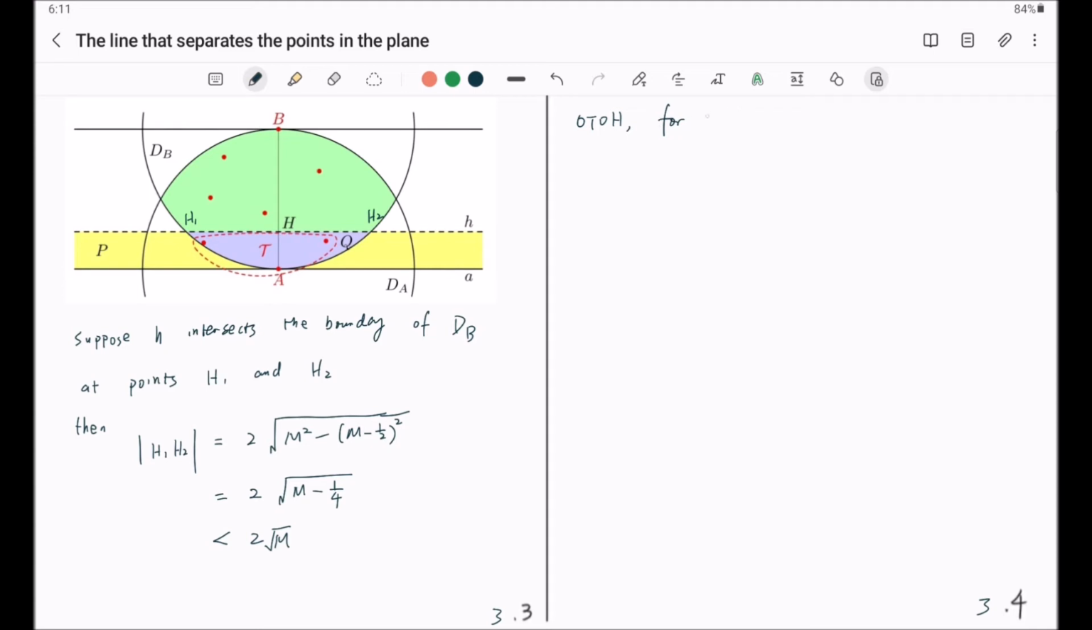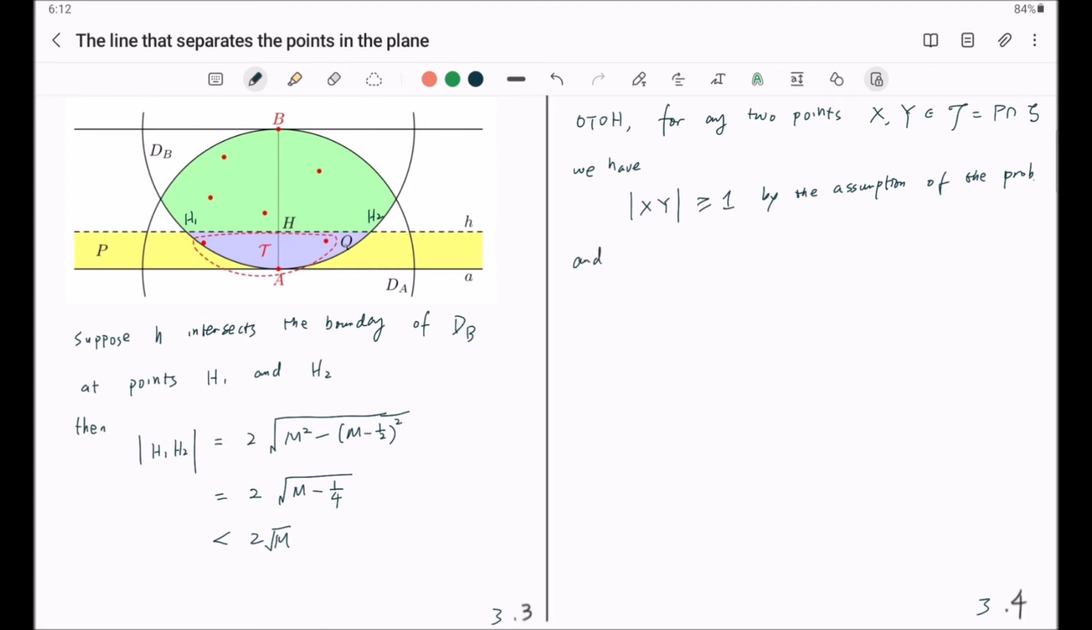For any 2 points x, y in T, which is P intersection S, we have their distance is greater or equal to 1 by the assumption of this problem. And